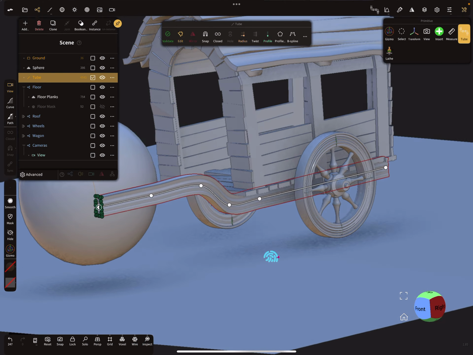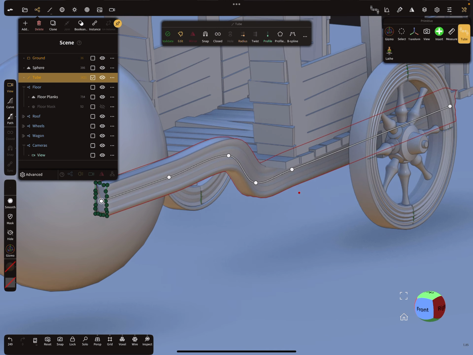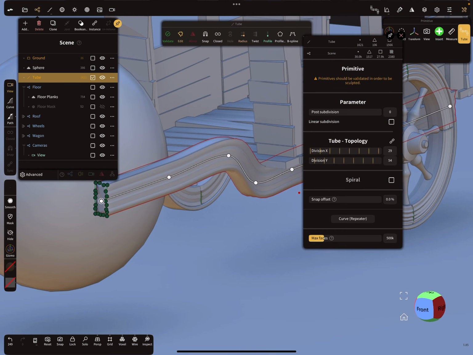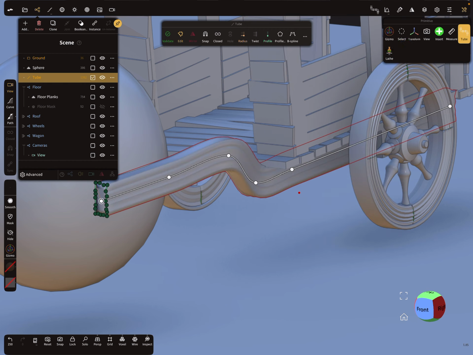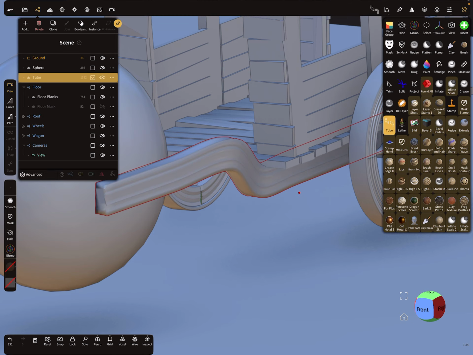I use it like this. So okay, let's validate the whole thing.